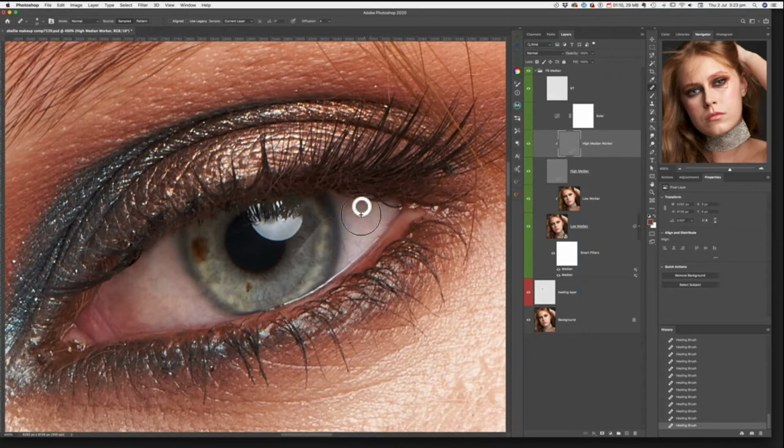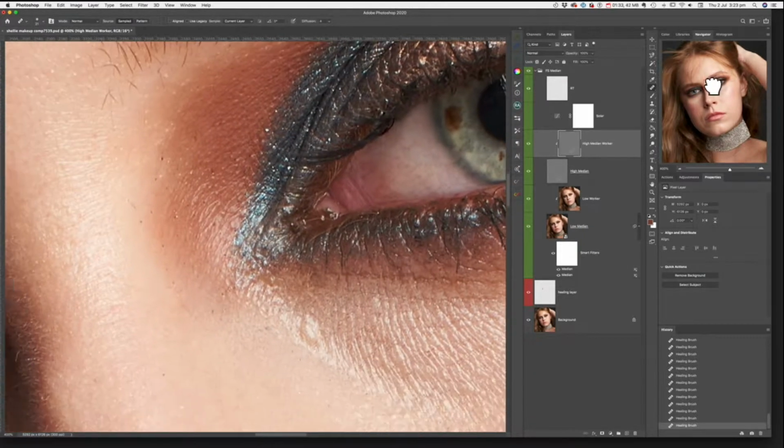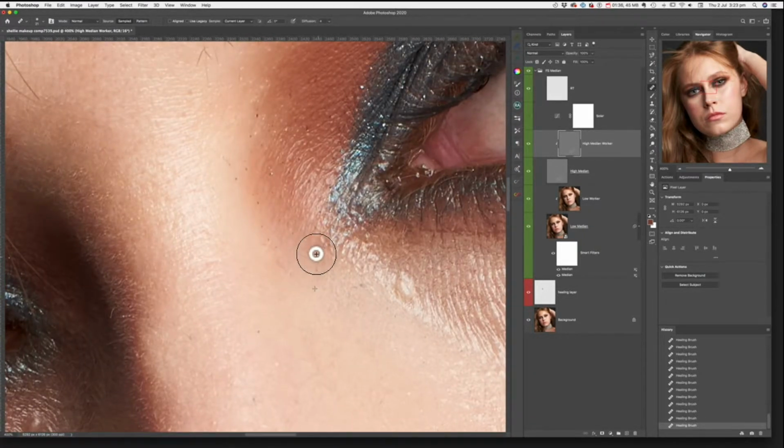Now this can be done in a healing layer, not a problem. But I know that I've got a bit of texture that I need to copy and maintain around the eye. So that's why I've done the frequency separation using the median. And like some hair as well. So I'm just going to make my way around the eye